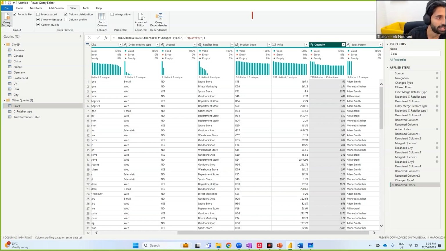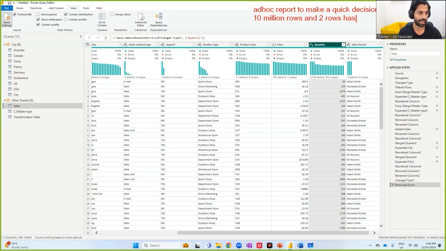Let's say in one case you want to create a quick ad hoc report to make a quick decision, right? You have 10 million rows and 2 rows have a problem. You want to understand month on month revenue and do some forecasting, right? It might not be worth spending the time to find what those problems are before you finalize the